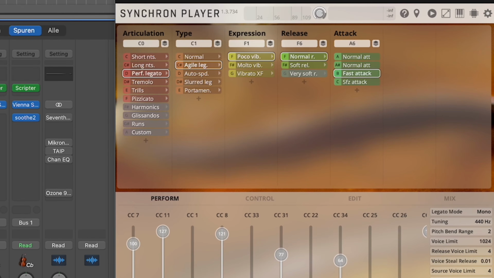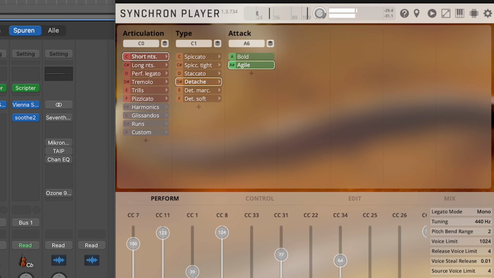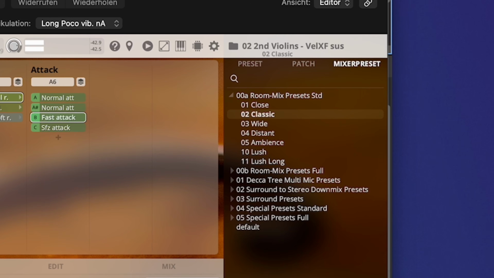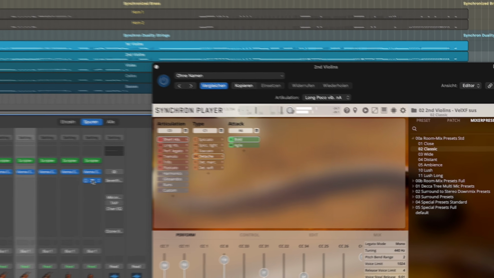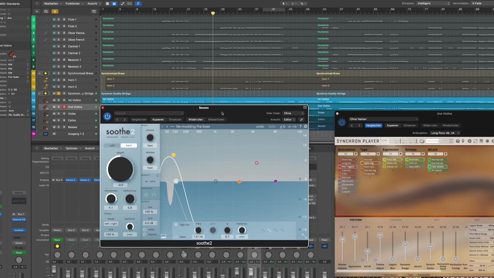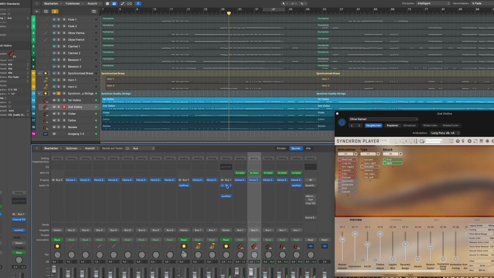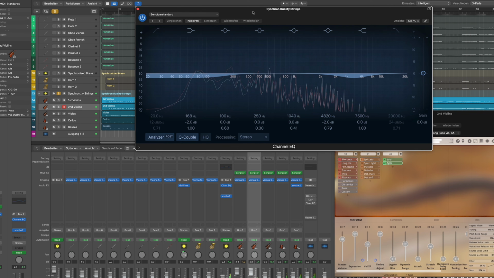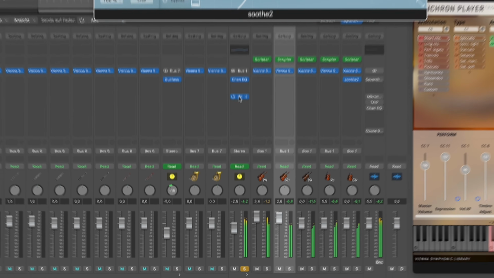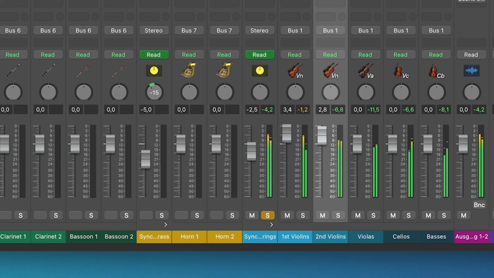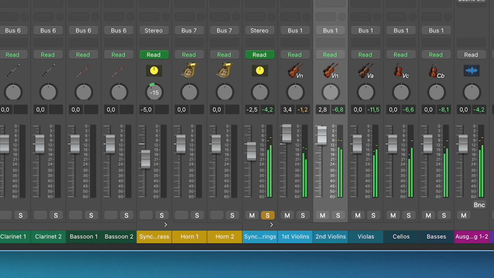Now we come to the strings, and here I also didn't do much, I just used the classic mix of the standard version. Then I used Soothe by Oeksound to decrease the low end of the basses. This works similar to Gullfoss. Then I added some equalization for the whole string group, before again using Soothe to get rid of some harshness in the upper mid-range. I lowered the volume for all strings in general, while boosting the violins for more detail.